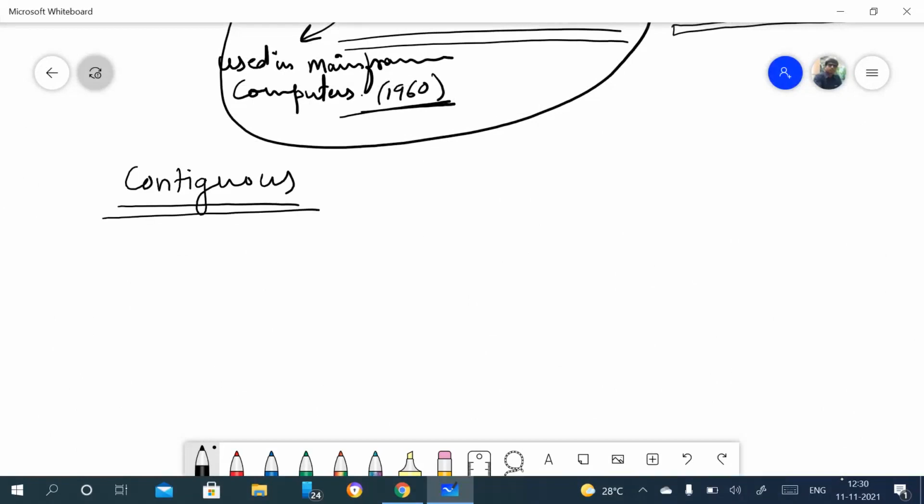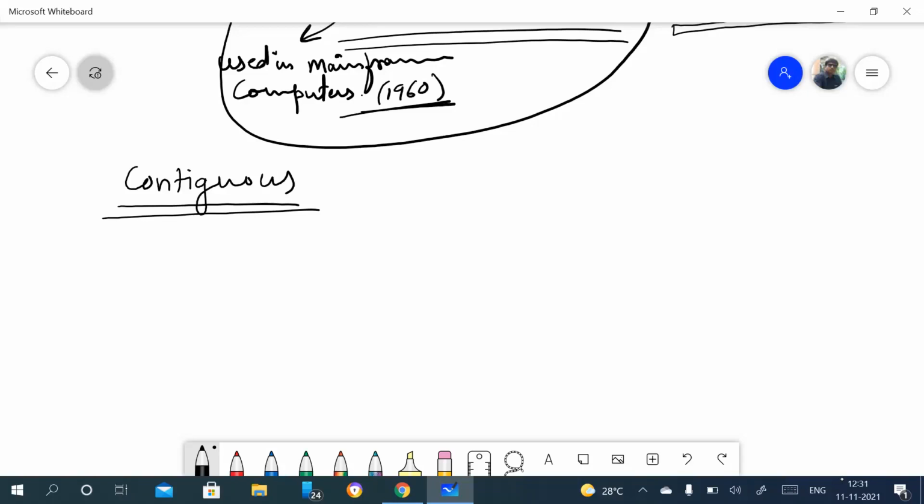So this name indicates something in a continuous manner. Suppose there are some processes. How will these processes be allocated into the memory? That is nothing but contiguous and non-contiguous allocation. In contiguous, the processes are placed into the memory in one sequence, and in non-contiguous, the processes we keep in memory are placed randomly, not in one sequence, right?